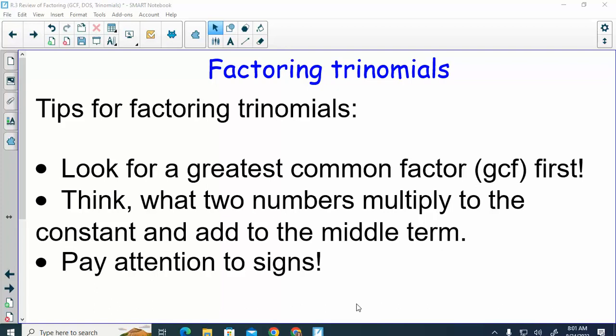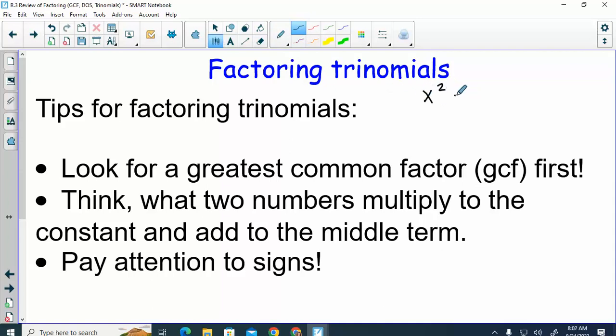Always check for the greatest common factor first. So no matter what you are factoring, look for a greatest common factor as your first step. Then a trinomial, we know that's 3 terms, so we're looking to see what multiplies to the constant and adds to the middle term. So, we're looking at quadratic trinomials here, so things like